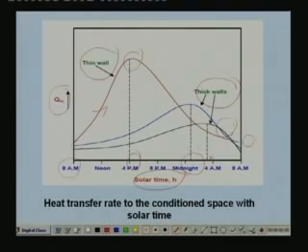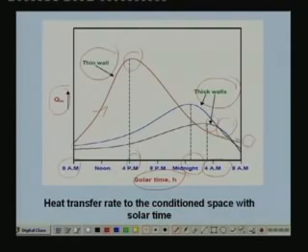And for a still thicker wall, you find that the peak heat transfer rate takes place not during the daytime at all, but it takes place at about 4 am. That means in the morning. So this is the effect of the thickness of the wall on the heat transfer to the conditioned space